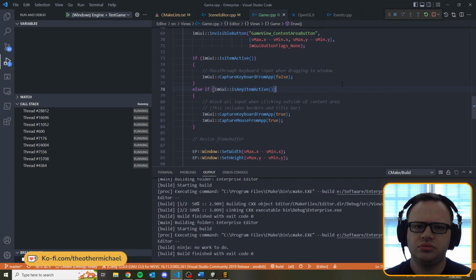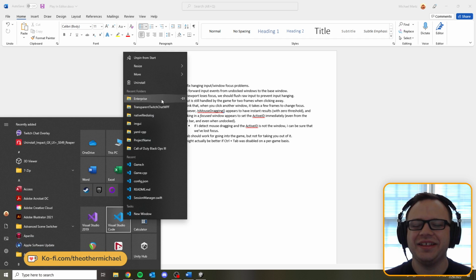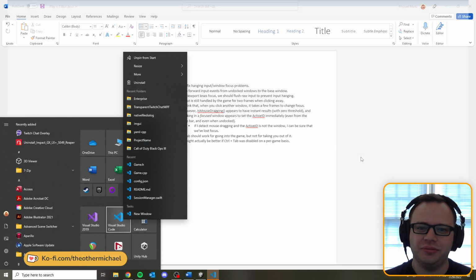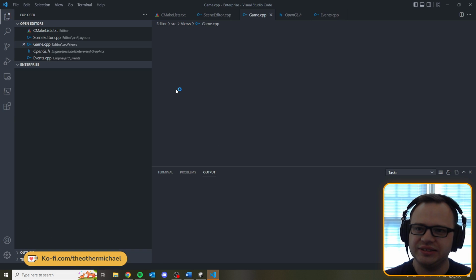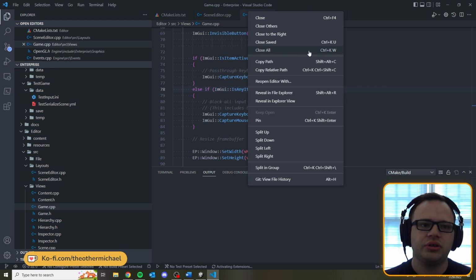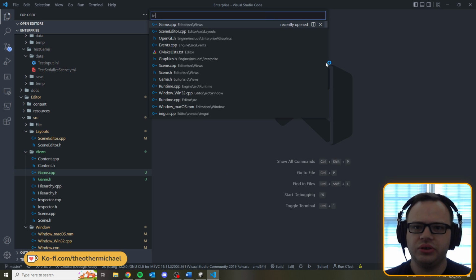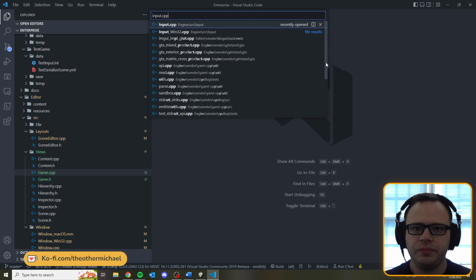Let's first close everything. Oops, I closed the window. I thought Control-Shift-W closed all the open tabs, but I guess it's a different key command. Control KW is close all. Okay. So let's go to input.cpp